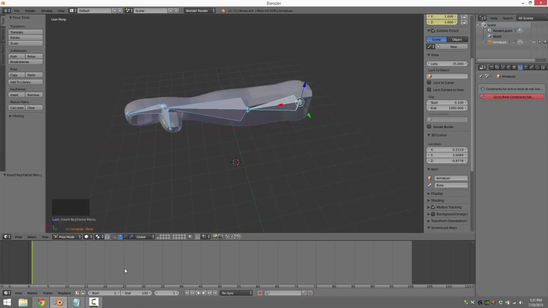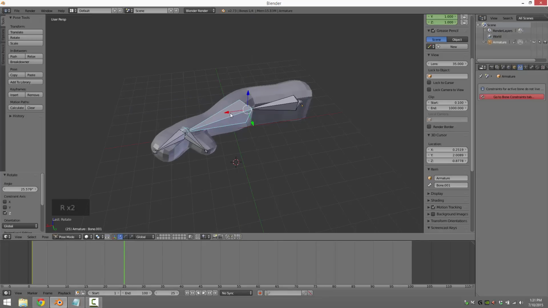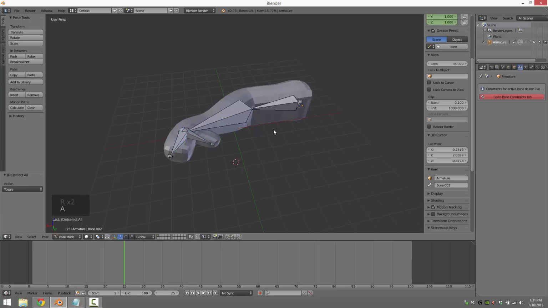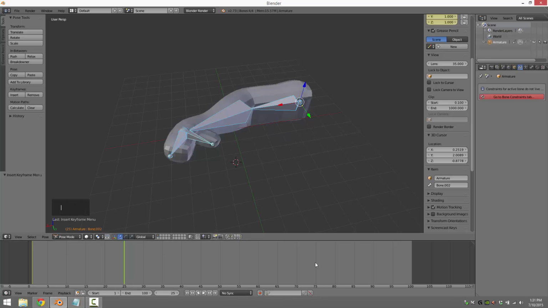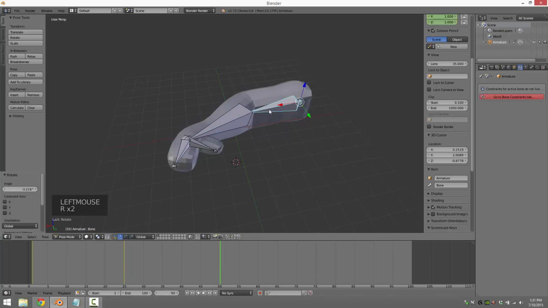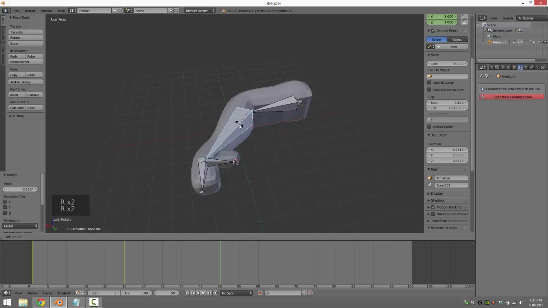And now you can do things like, let's go to frame 25, we'll grab this guy, we'll rotate it on the z-axis this way, and this guy, rotate on the z-axis this way, rotate on the z-axis this way. Again, select them all, hit I, loc-rot scale, and then we'll do it again at 50, say, and we'll do a rotate there, a rotate there,